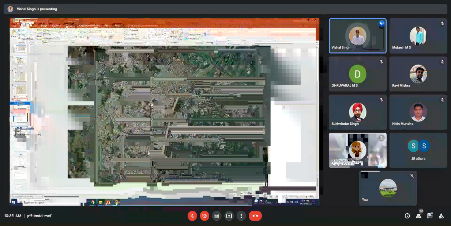So suppose you have a closed boundary. It can be a forest boundary, a watershed boundary, a district level boundary, a village or block level boundary. Or it can be a pond, a lake, any kind of water body, a glacial lake, or sometimes the big rivers.